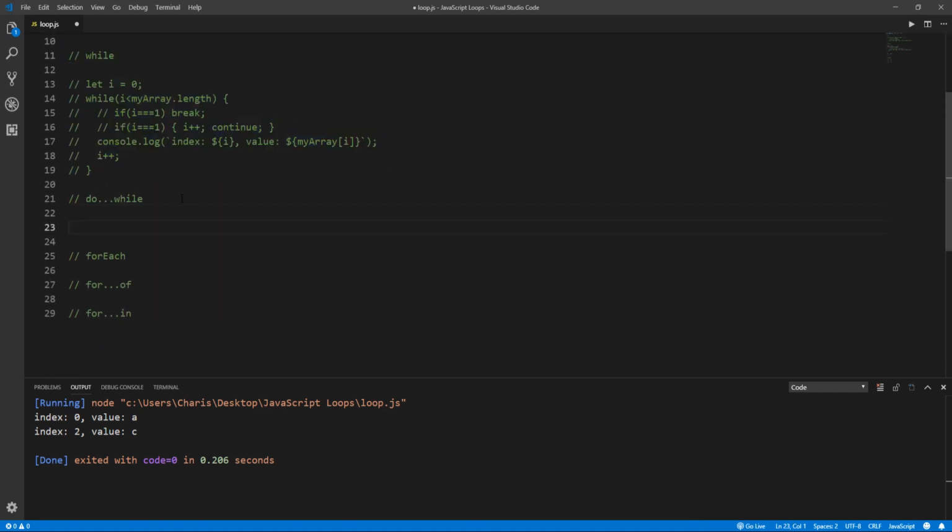The do while loop is just a variant of the while loop. The only difference is that the loop will execute the code block at least once before checking if the condition is true. Then it will repeat the loop as long as the condition is true in a similar manner as the while loop. The syntax for do while loop is